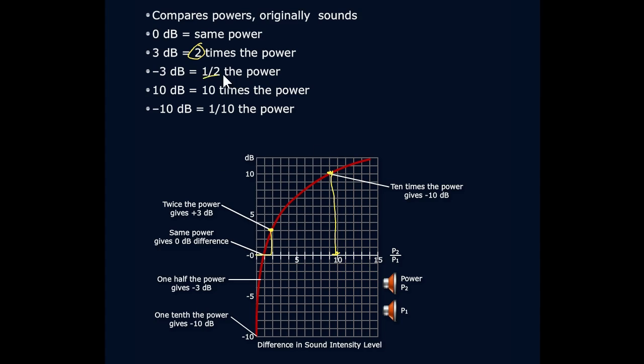If you have half the power, you're at negative 3 decibels. If you have a tenth the power, you have negative 10 decibels. So decibels, relative measurement of power utilization. Remember the rules of 0, 3, and 10 apply. Power first, decibel second as we look at this particular system.